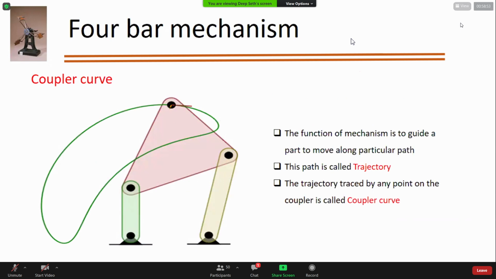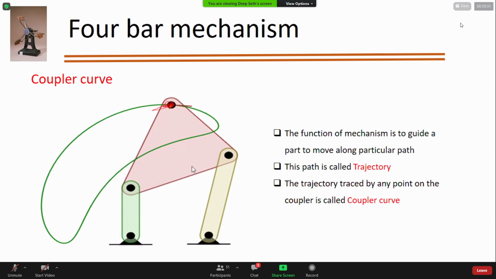Now there's one more thing, the coupler curve. So what is a coupler curve? You have 4-bar mechanisms, which were like this. You didn't have any coupler over there, just one single input link, one follower link, a link in between, and one fixed link. But one link you have extended something like this, and at that point, let's say you have attached a pen over here, or a point which is plotting something.